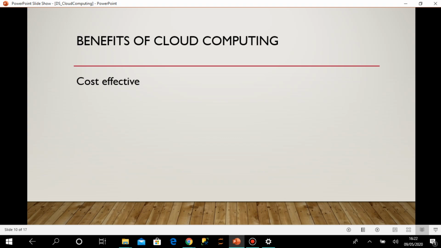And you don't need to spend money unnecessarily as well, because sometimes we cannot predict what our requirement may be. So in that case, if we buy something, then it's kind of a loss at our end. So that is not required in the case of cloud computing. Whenever you start using it, you just borrow whatever you want, and once done, you can just return it, and then you don't need to pay money.